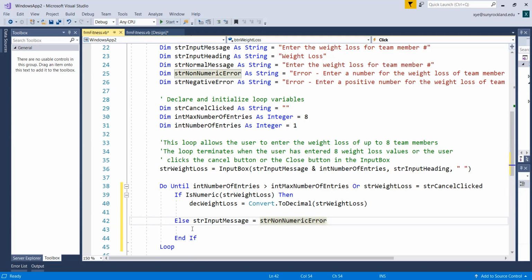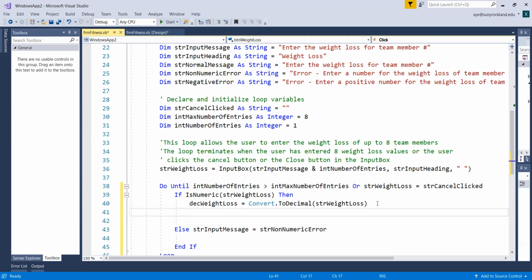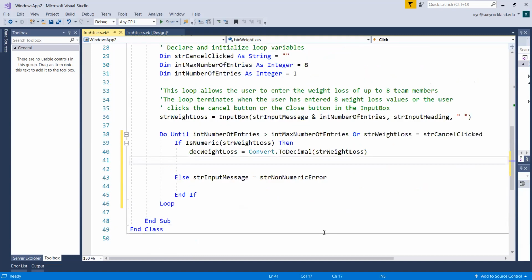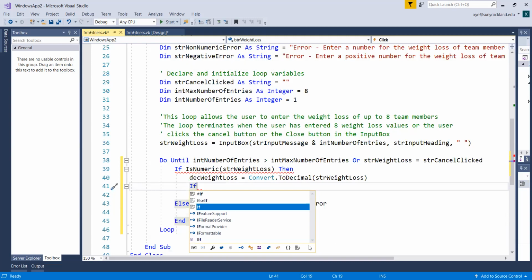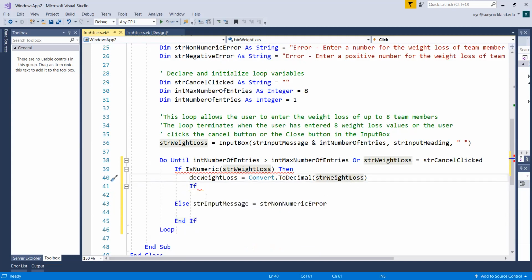And then we can do the and if. But if it is a decimal number, then we have to ask, is this positive or negative? Give it a minute, think about it. Now, if it is numeric, is this larger than 0 or less than 0? If it's less than 0, you know that is wrong, right? Now you should have a string input message equal to string negative error. So you use these 2 error messages right here, non-numeric and negative. So inside this if else statement,